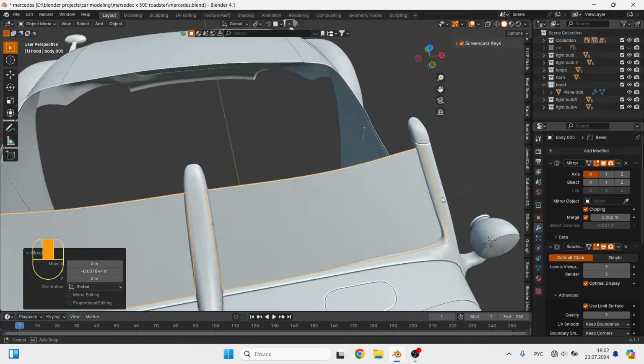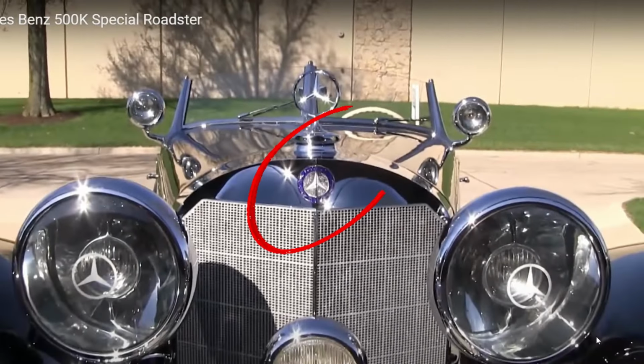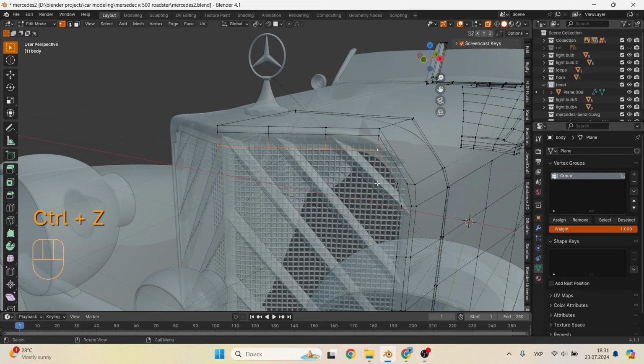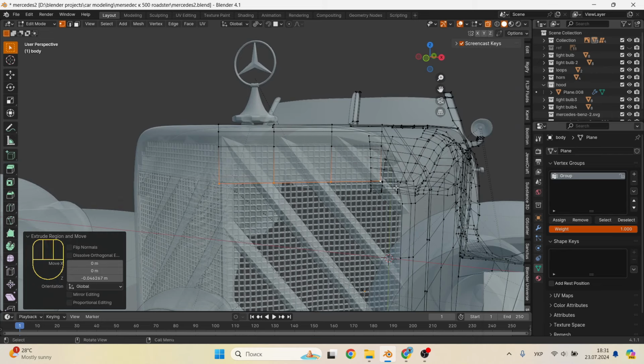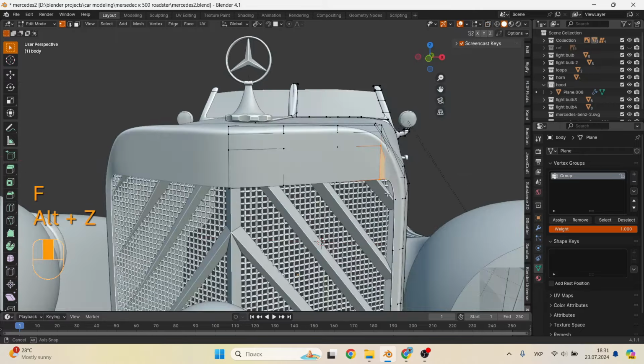And we are good. Next I suggest you make another logo, as you can see in the reference. Quite an interesting way, but for this we need a vector file with this logo, which I will attach in the description. There will be a link to Google Drive where you can download it for free. But first, you need to prepare a place where we will install it. There is nothing complicated here.